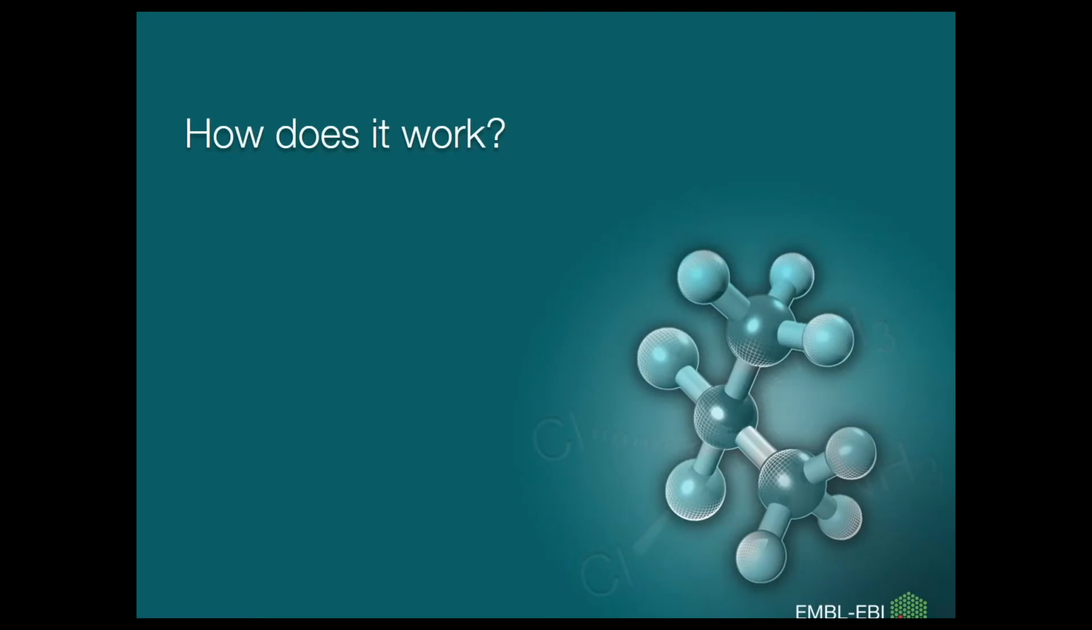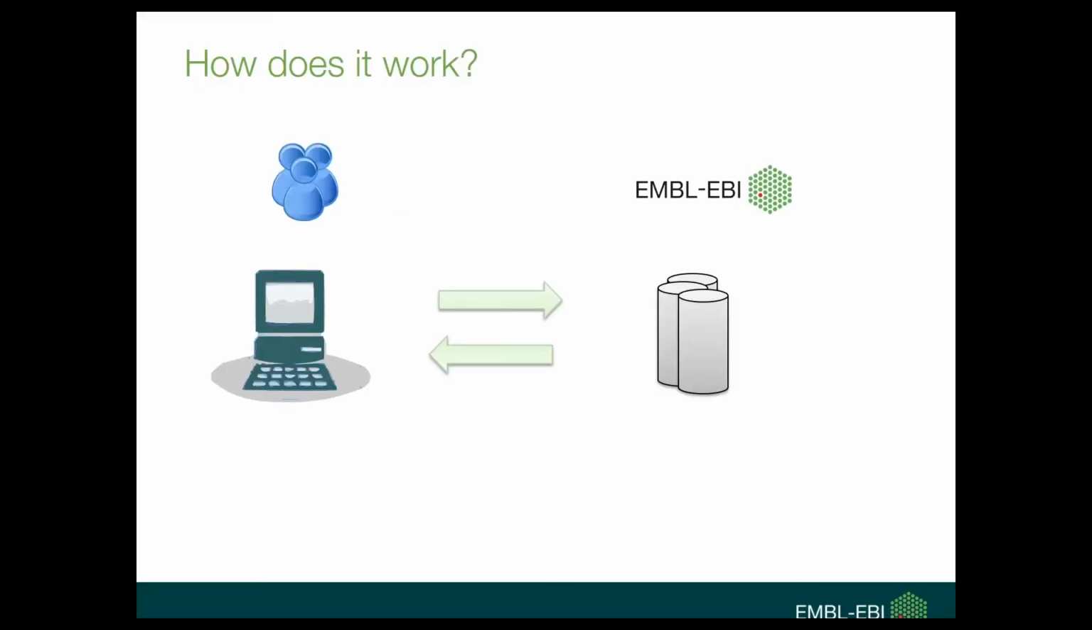So how does this all work? Well, in a traditional browsing sense, you have a user who talks to a computer, and then you go over the web to the servers at EMBL-EBI. And the servers at EMBL-EBI feed back a result to that web page, and the user can view it. So what programmatic access is doing is kind of removing the user from the equation and just having the machines talking to each other. And it does that by hijacking that same protocol that was used for displaying the web